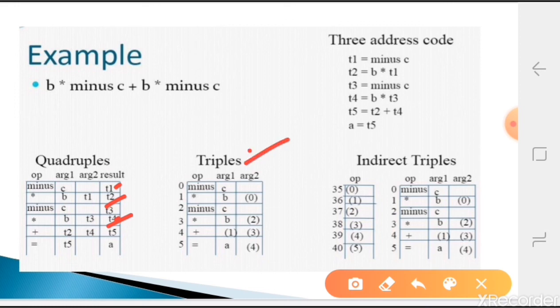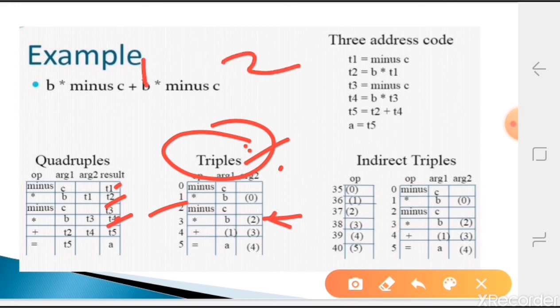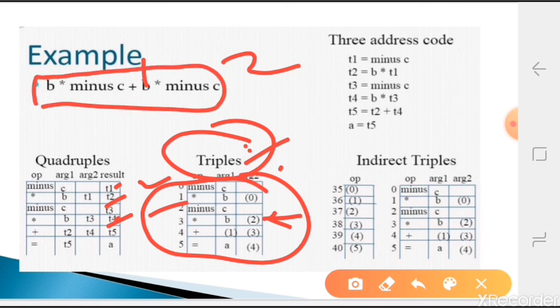The problem with this is that whenever you want, suppose, the second index, it has to go above, check it, and come back. So it is nothing but the two pass assembler work. If you remember, in the first module we studied assemblers, which have a first pass and a second pass. So here we are actually using two passes. To create one table itself, if you require two passes, it is more headache, because it may be a small expression, and for a small expression we can't directly use two pass assemblers.